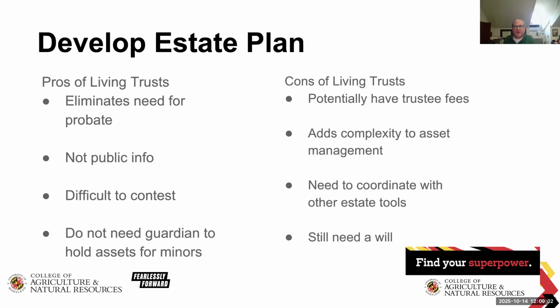Even if you do a trust, you still need a will, because at some point you will forget to title something in the name of the trust and you'll need a document to do it. We call those pour over wills. They're really simple wills. They basically say, I might have forgotten to put something in my trust. Just distribute all the assets that fall under this will according to the terms of my trust.